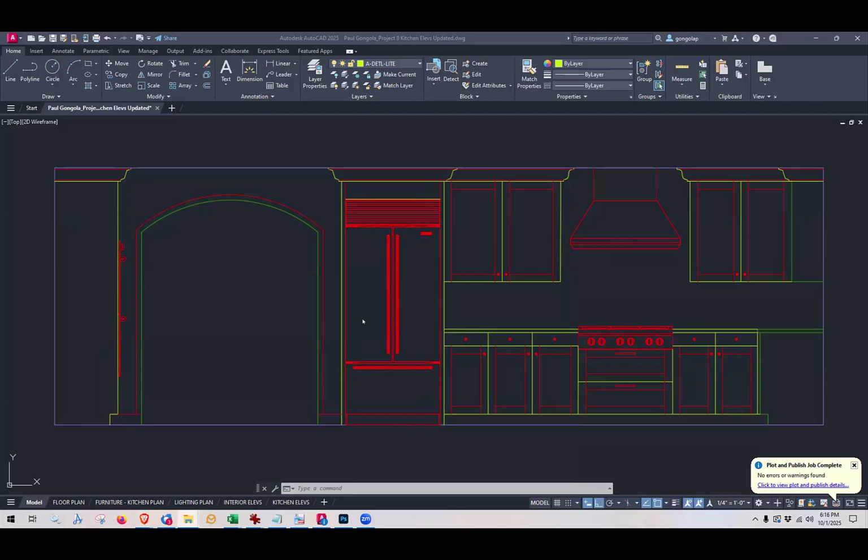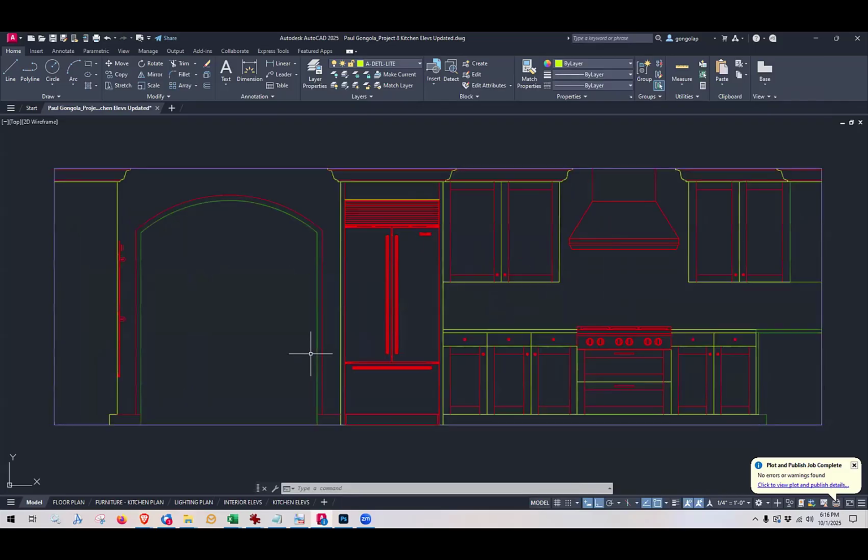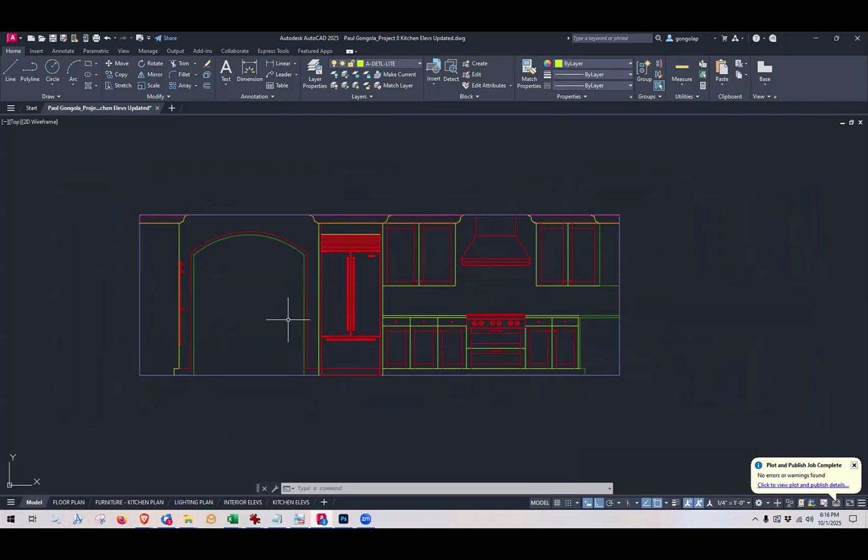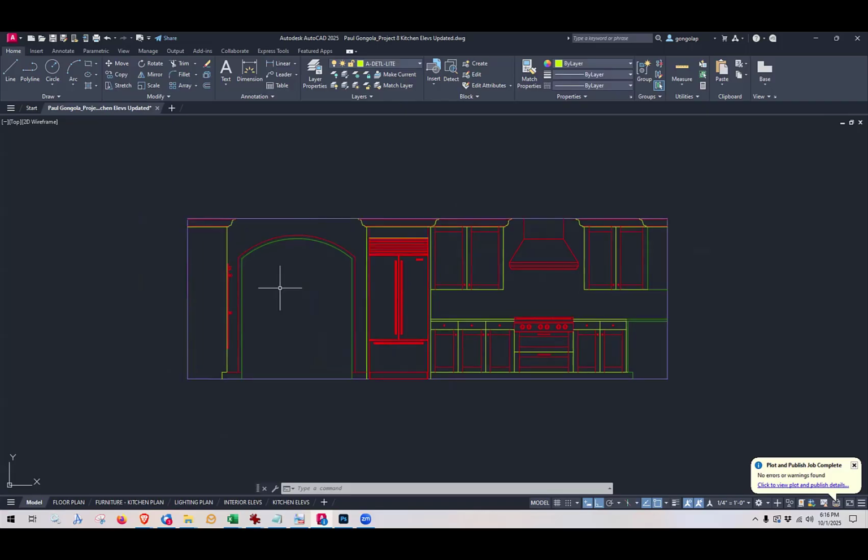All right, so this is my rendering. I made some tweaks after our class last week and cleaned it up a little bit. I'm not even going to go into paper space, I'm just going to plot from here, and I'm going to create a PDF file that I will import into Photoshop. So let's create the file. I'm just going to use my plot tool. So I'll just type plot,